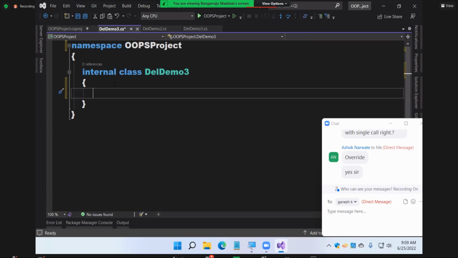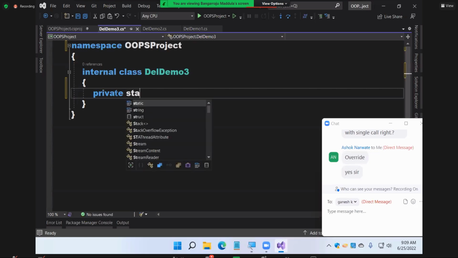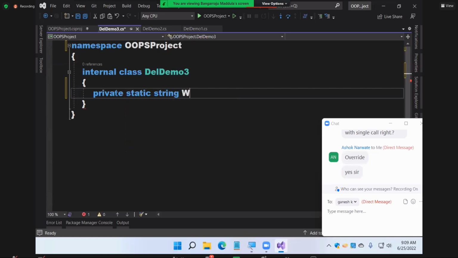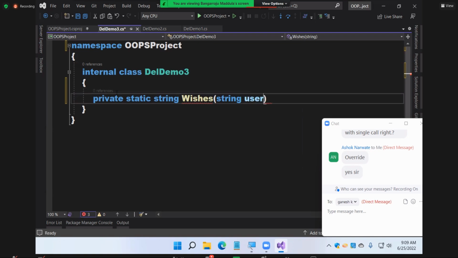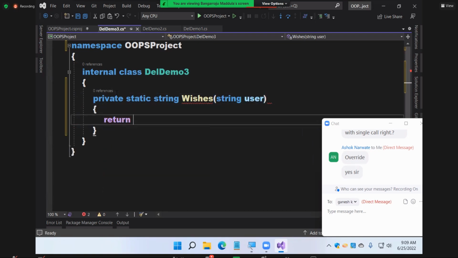Now, what my requirement is, I wanted to write one method here: private, static, string, wishes, string name, a string user, return hello,